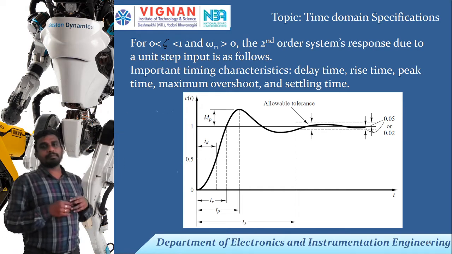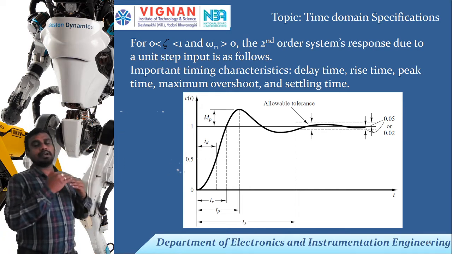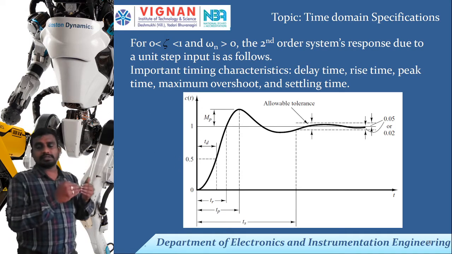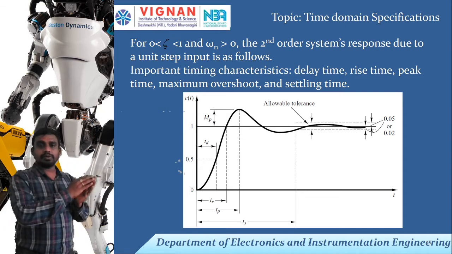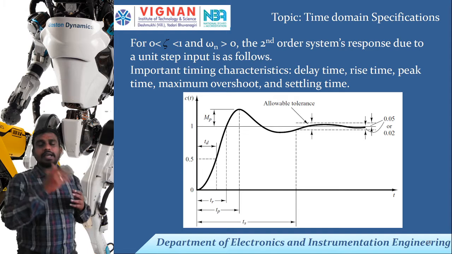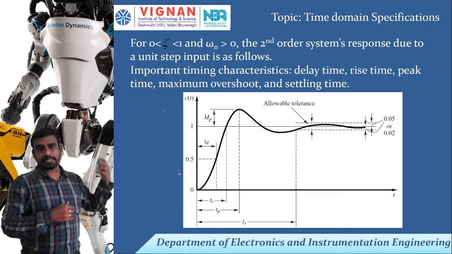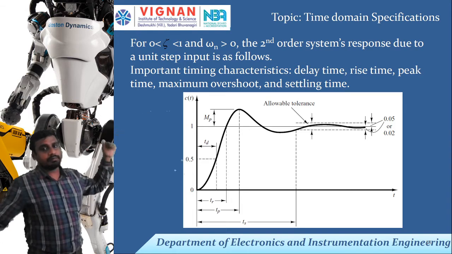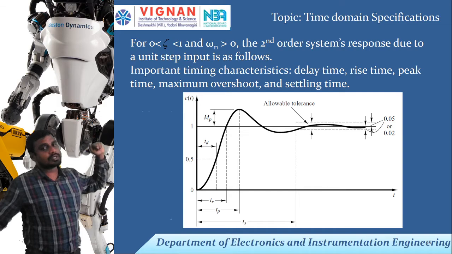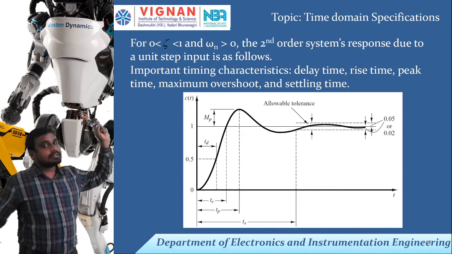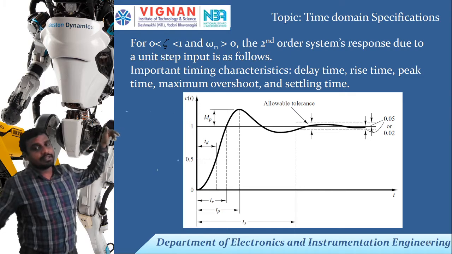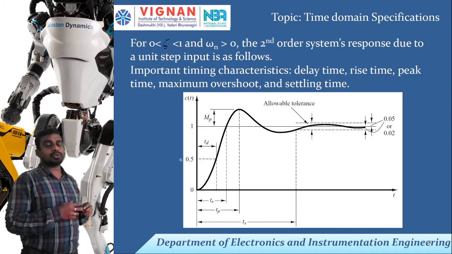As we discussed, maximum peak overshoot is the difference between the expected value and the actual value. Sorry, the expected value is 1. If your expectation is that the plant should reach 1, but it has a little overshoot, the maximum point reached by the gain compared with the expected value of 1, this difference is called maximum overshoot, right?